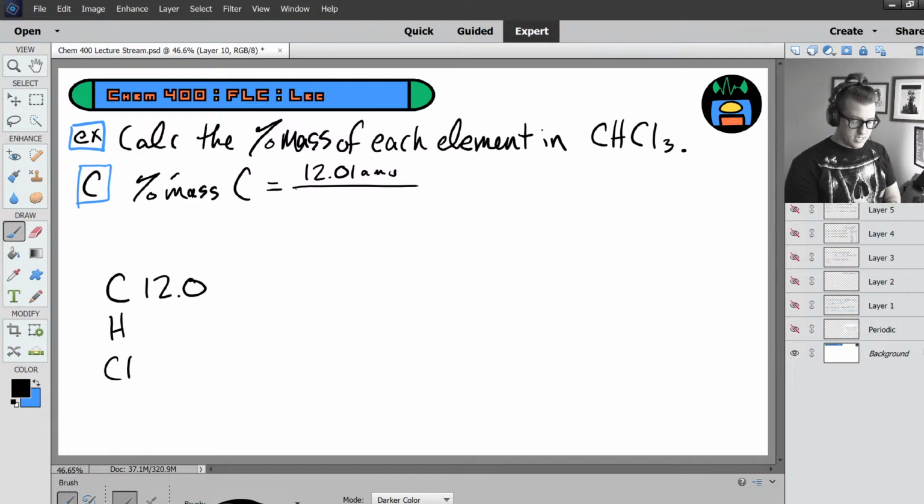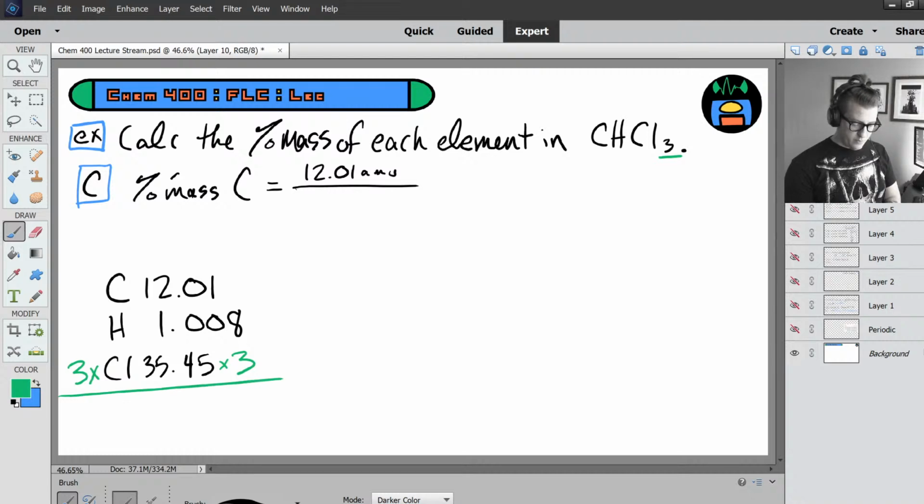Carbon has a mass of 12.01, hydrogen 1.008, chlorine has an atomic mass of 35.45, but we're dealing with three of them, so we multiply that 35.45 by 3. So 35.45 times 3 plus 1.008 plus 12.01 comes out to be